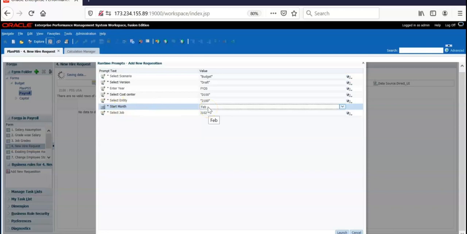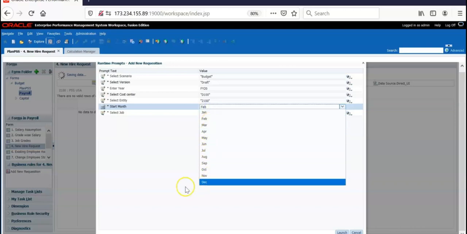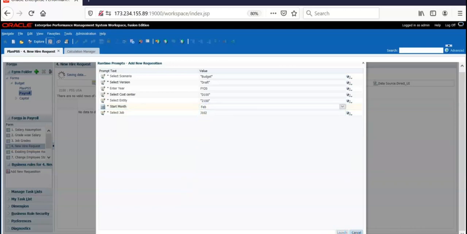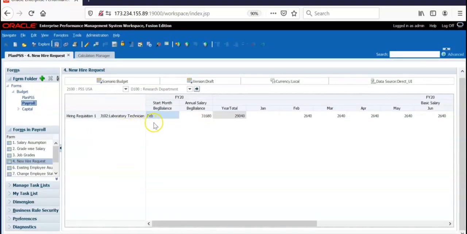This makes it convenient for the user to select the months from the drop-down. Click launch. Now we see a hiring requisition is added for job 102, where the start month is Feb. Annual salary beginning balance is calculated automatically.